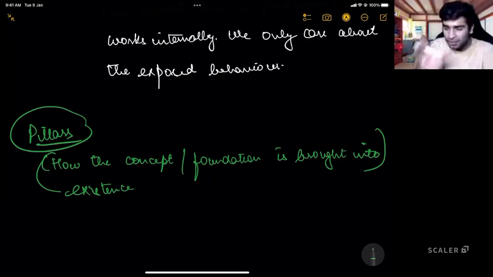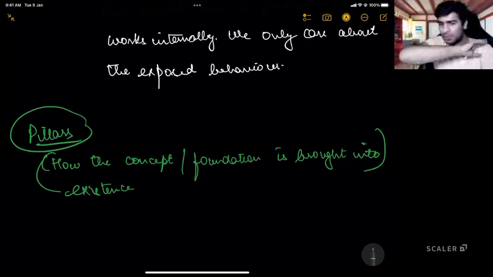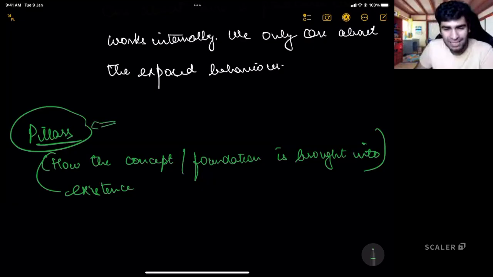Is the difference between a pillar and a principle clear? Okay, let me explain again. A principle is the idea, the foundation, that I will represent my whole system in terms of ideas. But someone has to support that, and that support is the pillars.